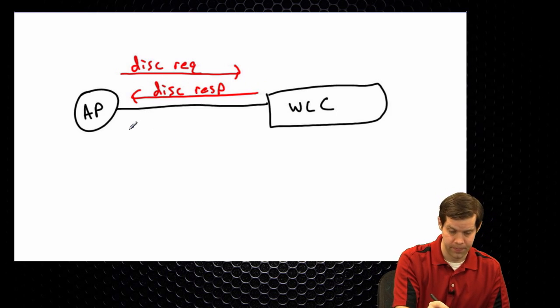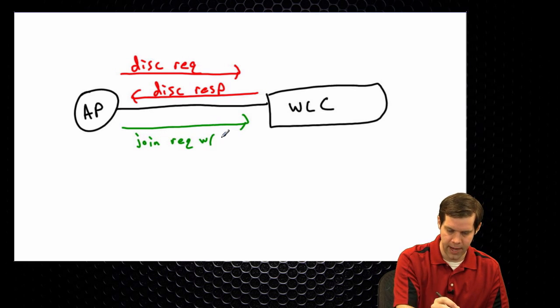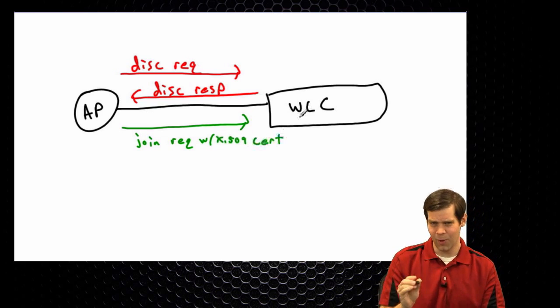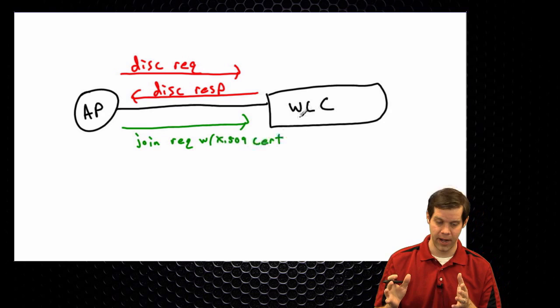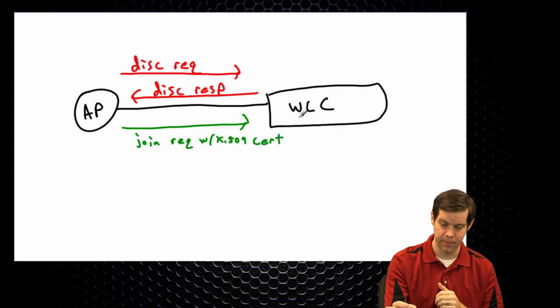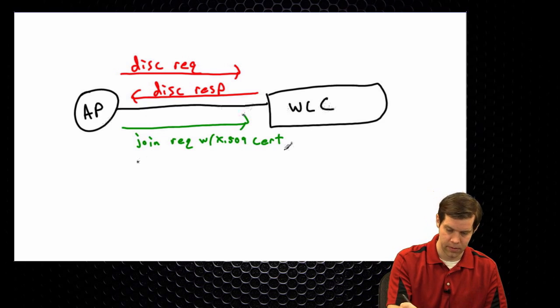Now we're going to join it. So we send a join request with the access point's X.509 certificate. So this is almost EAP-TLS-ish, where we have the AP sending its certificate to be validated by the controller. When the controller sends the join response,